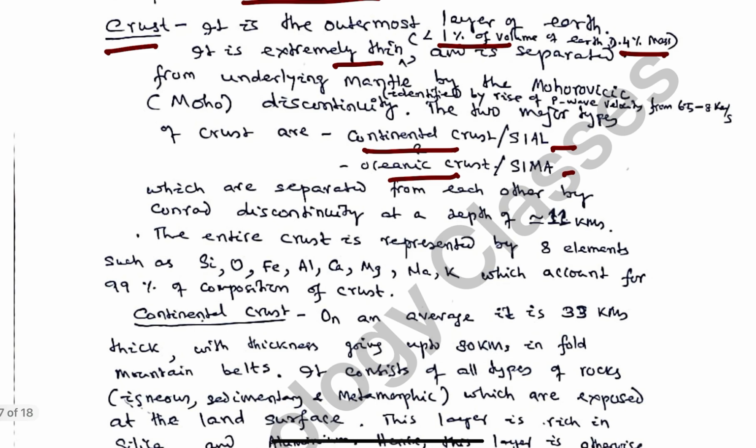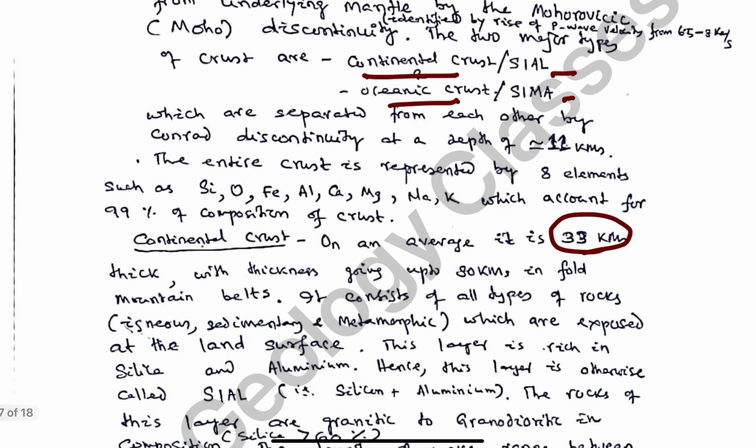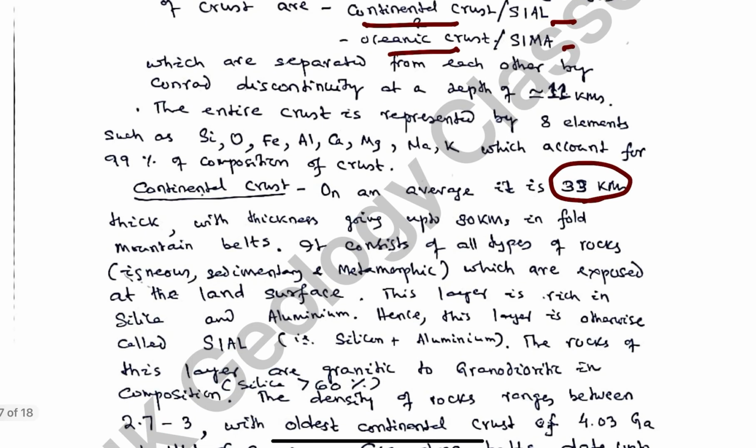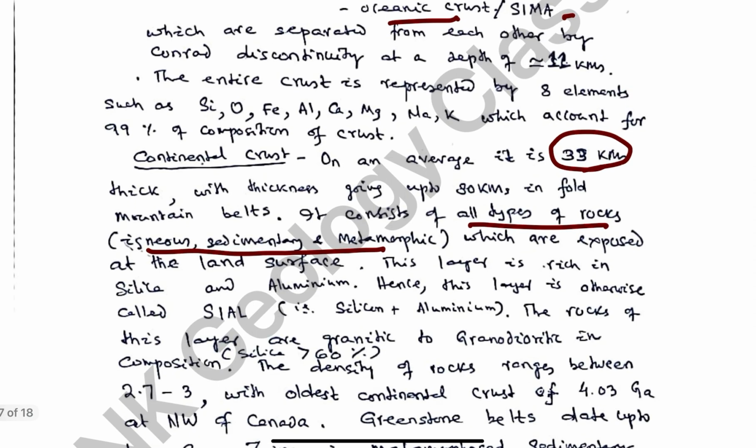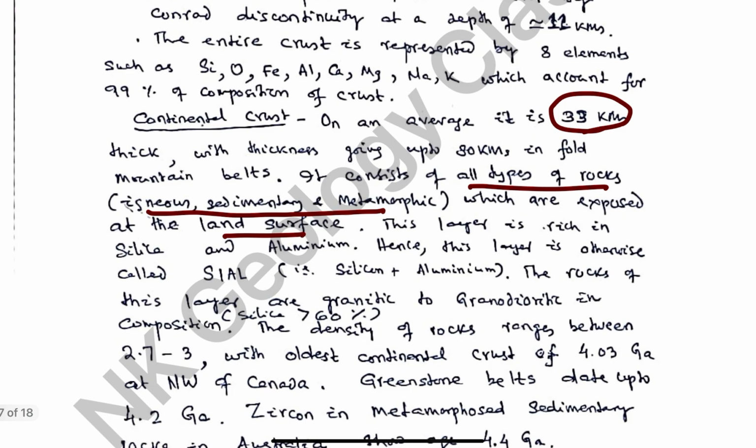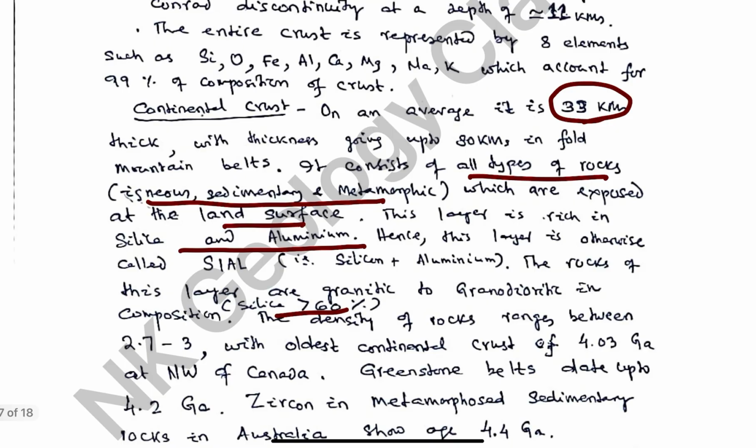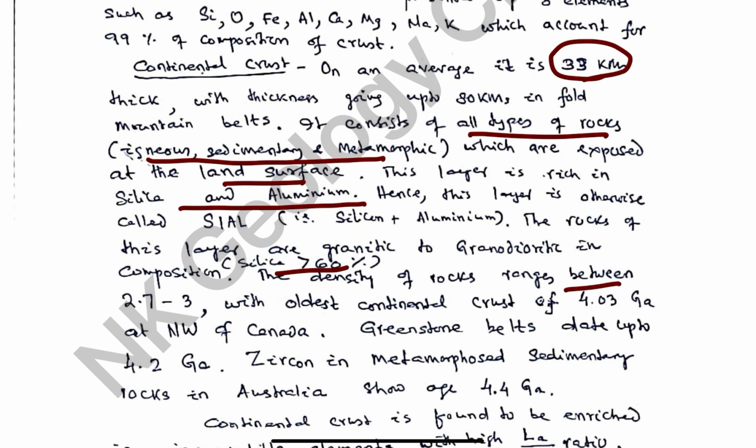Continental crust, this is the average crustal thickness. Continental crust is the upper crust, and it is made up of all types of rocks, igneous, sedimentary, metamorphic, which are exposed on the land surface. This layer is rich in silica and aluminum. Silica is more than 60%,